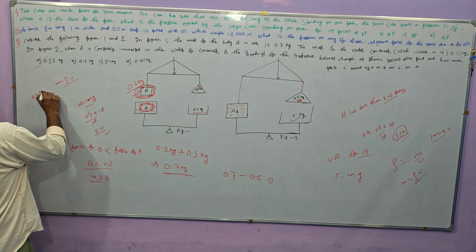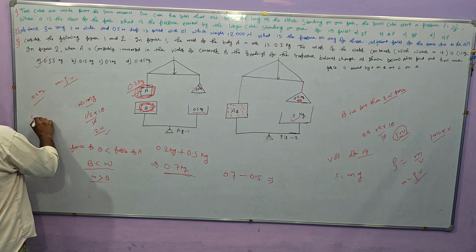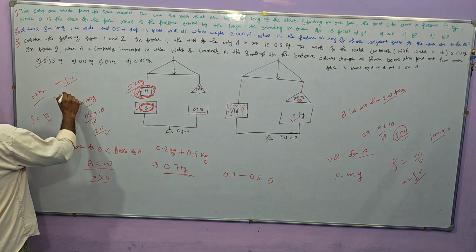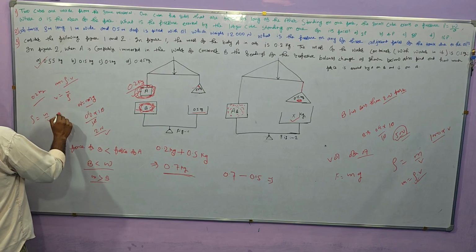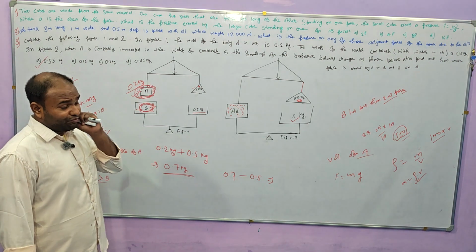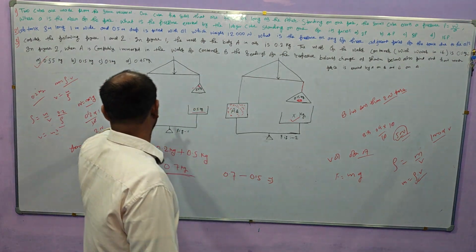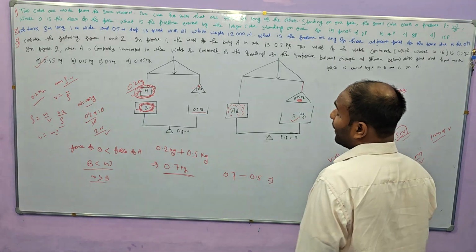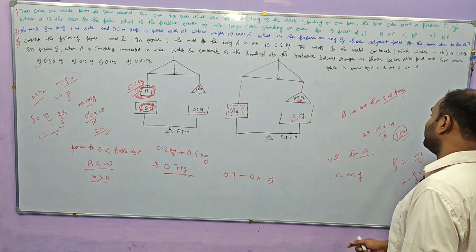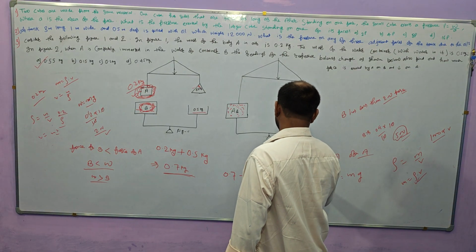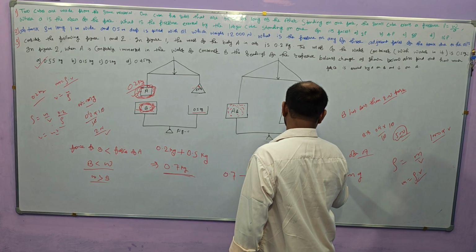0.2 kg, but there is no rho. If we have a rho, then we definitely find out the volume. Rho is equal to mass upon V, and we have V is equal to m by rho. That means 0.2 upon rho. We find out what is the volume of this. If we have a density of this, what is the density of this? We simply find out what is the volume of this, that means volume of A is equal to volume of B,